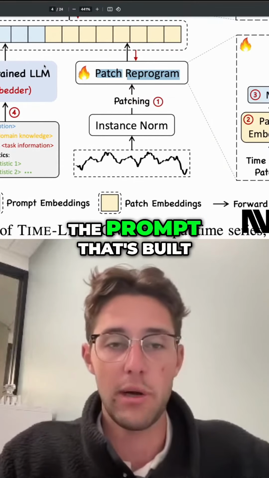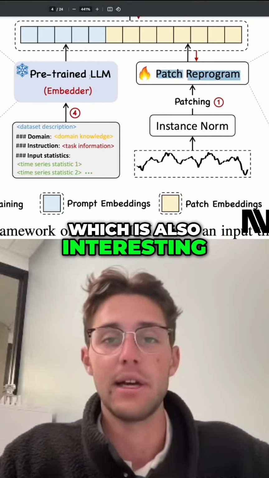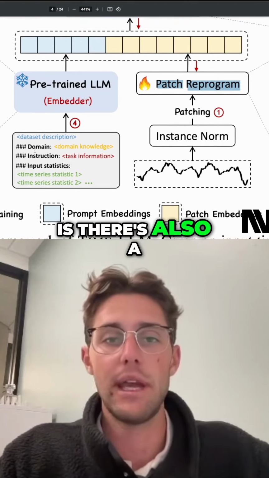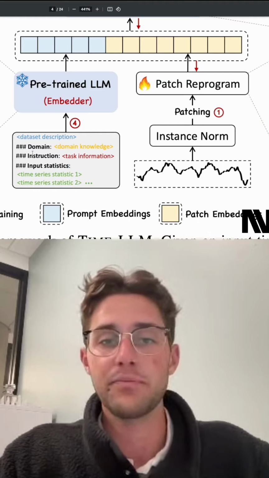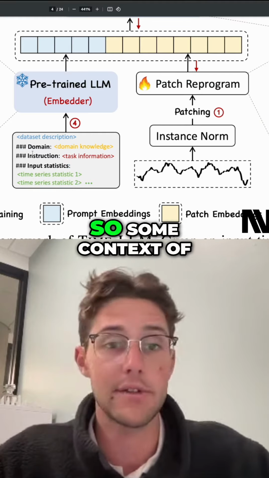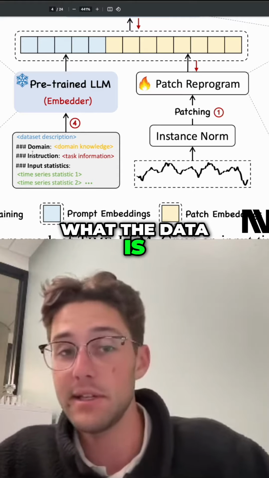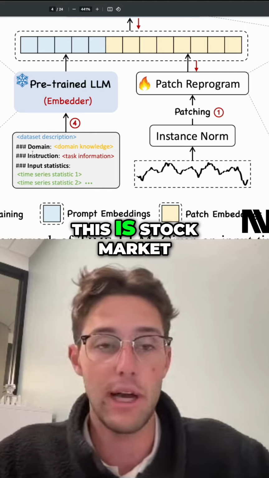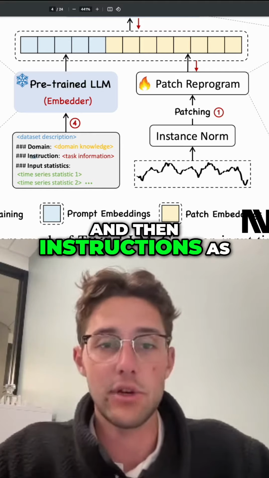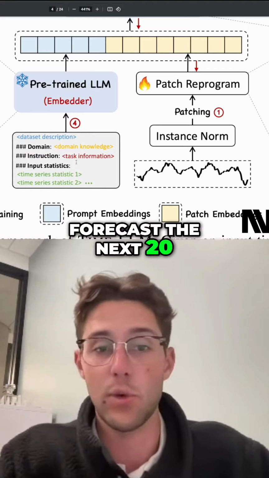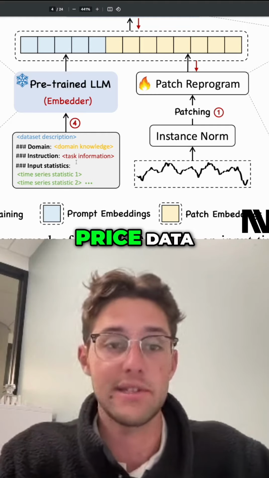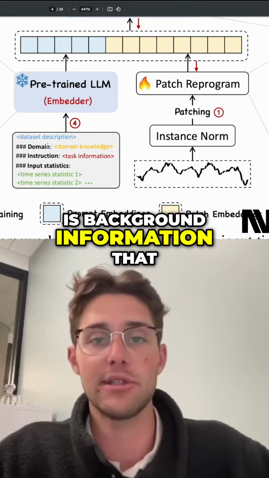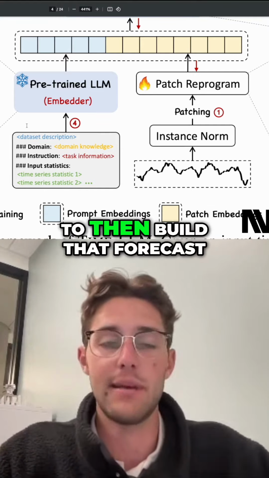Now, the other part of the prompt that's built, which is also interesting, in addition to this description of what the time series data is, there's also a description of the data in terms of the domain of the data, so some context of what the data is. So this can be something like this is weather forecast data, or this is stock market price data. And then instructions as to I want to forecast the next 20 days of this stock price data. And then some input statistics, and essentially this is background information that the model is using to then build that